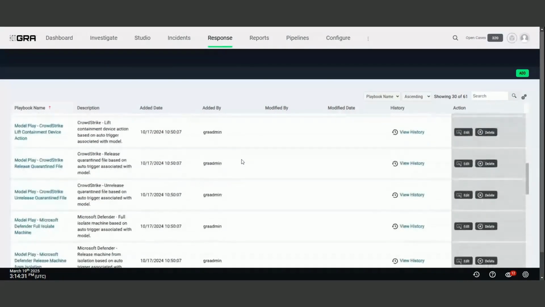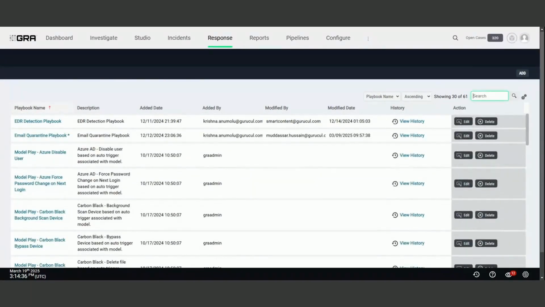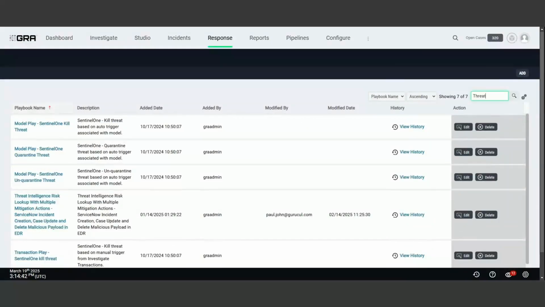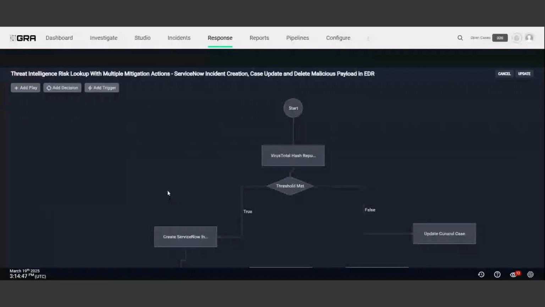If I want to look at an extended playbook that has a number of those gates that I was talking about earlier, I can go into an existing one and show you specifically how easy it is to build one of these playbooks with the organic SOAR platform that's part of the Gurucul REVEAL platform here. You can see that this specific playbook addresses not only threat intelligence lookups, but also mitigating actions with